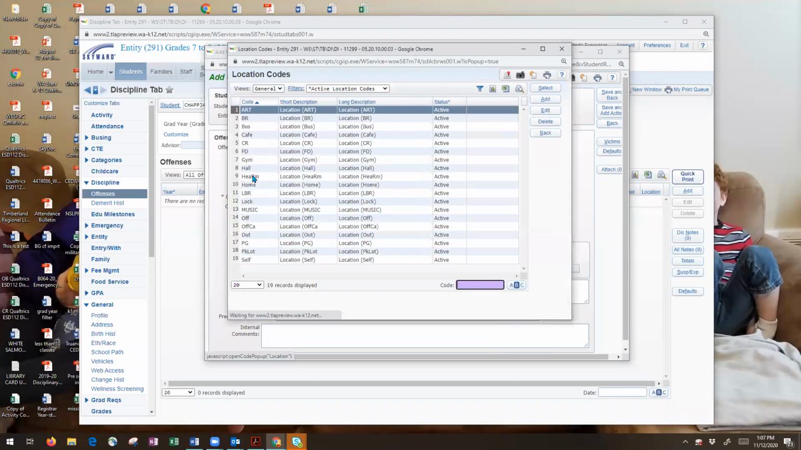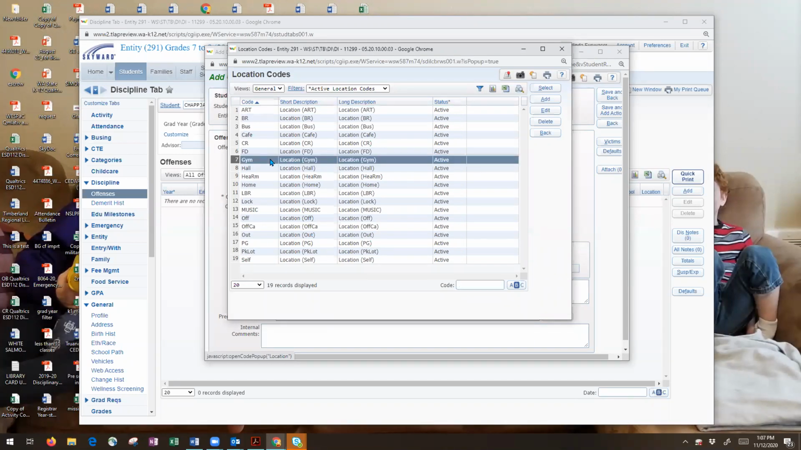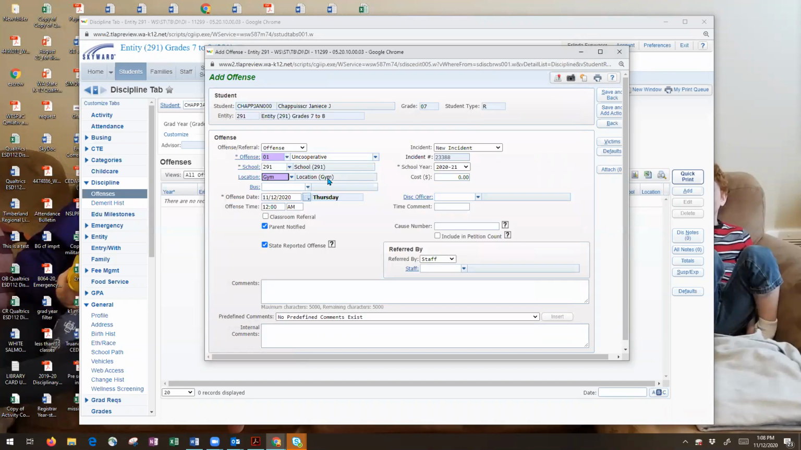Location. The more information you put in here, the more reporting you can run. You can run some reports and graphs based on location. That might help with time of day, or locations where maybe your district needs to have more people available to help out. So offense date is today, and we'll go ahead and do today's time, which I'll say 1:05